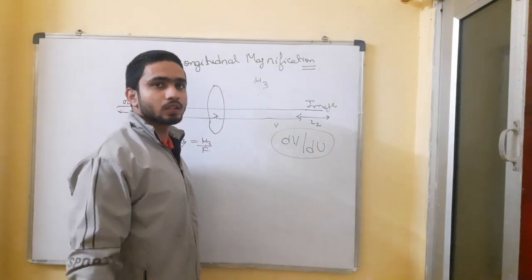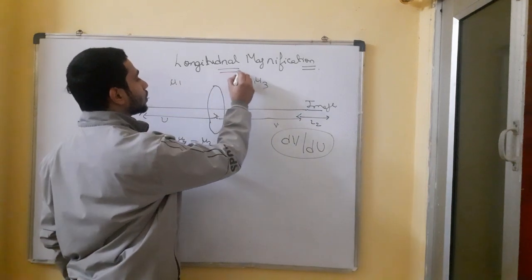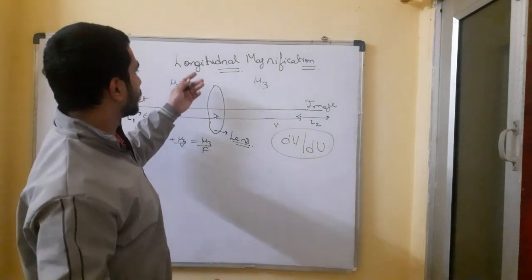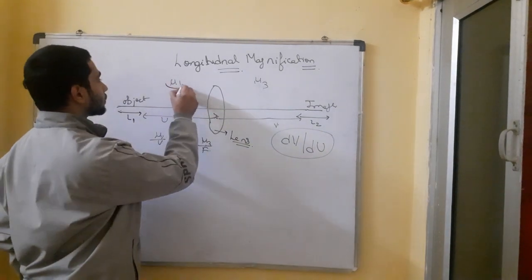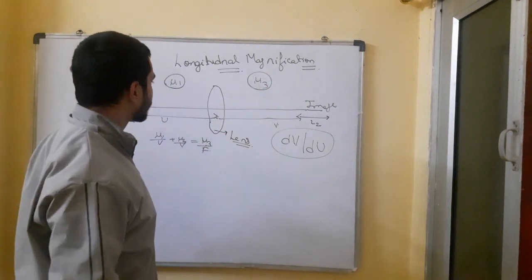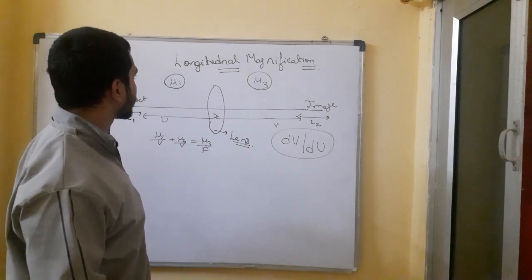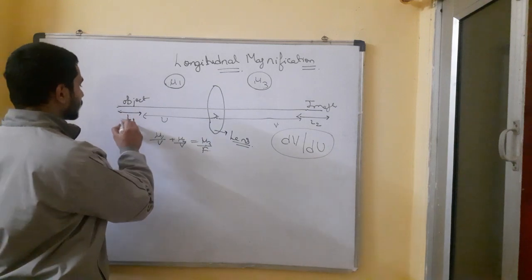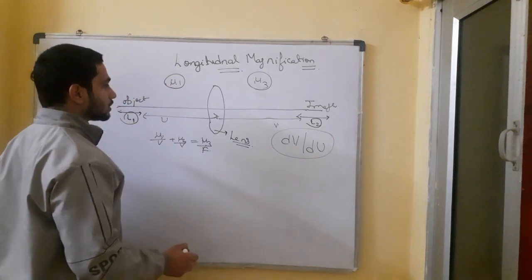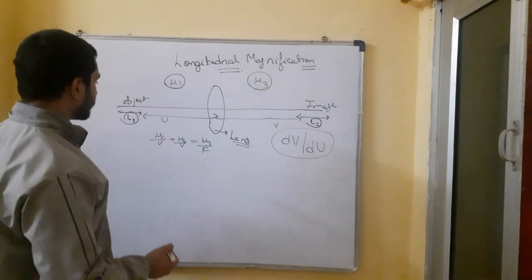So now let's see the second type of magnification, which is the longitudinal magnification. So now in this we are taking this lens. So talking about longitudinal magnification, suppose that this has a refractive index of mu1, this has a refractive index of mu3 or any other refractive index. So how will we calculate the magnification factor in this? Suppose that this is an object which is having length L1, and this is the image which is having length L2, and we are set to find this magnification factor.